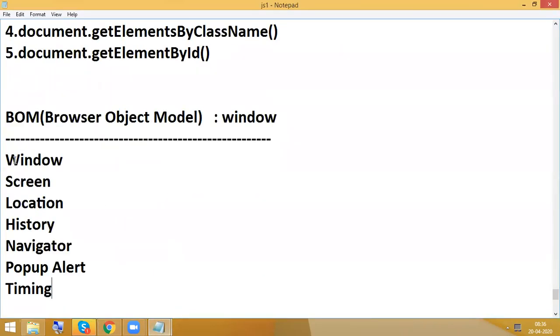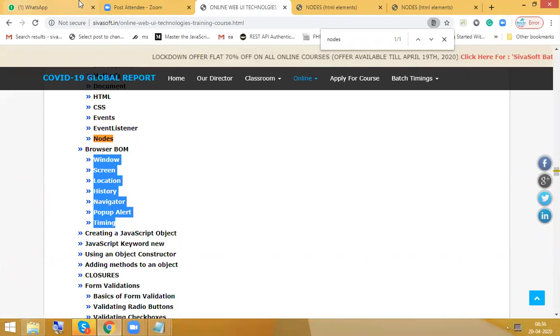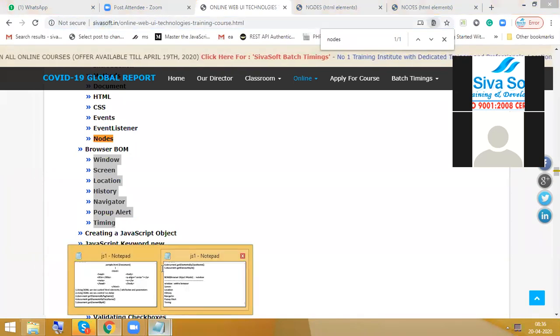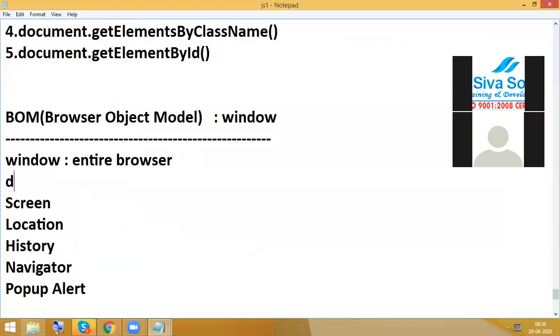Okay, so window you already know. What is window? The entire browser, including this URL and everything. The entire browser is nothing but window. So what is document?